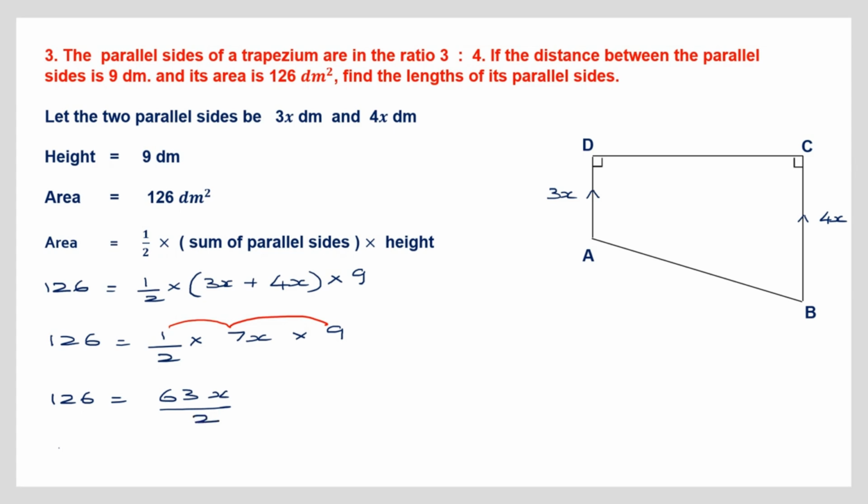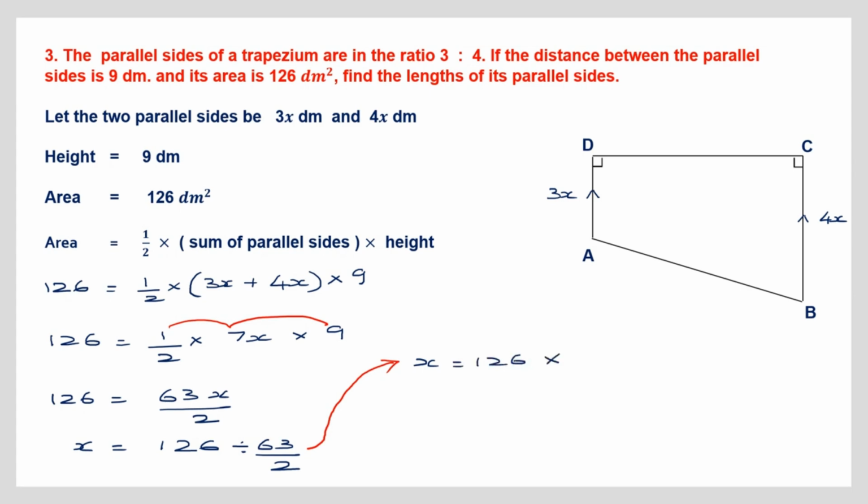So now if we continue, 126 is equal to, since we are finding the value of x, let's write x here. Now on the other side we have 126. Here we have 63 by 2 into x. So when it goes to the other side, it becomes division, divided by 63 by 2. So here x is equal to